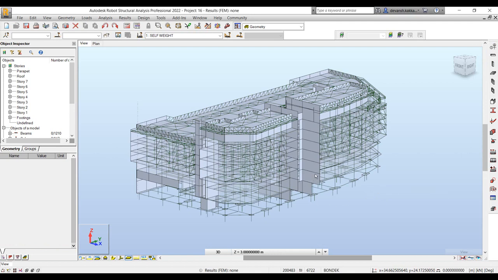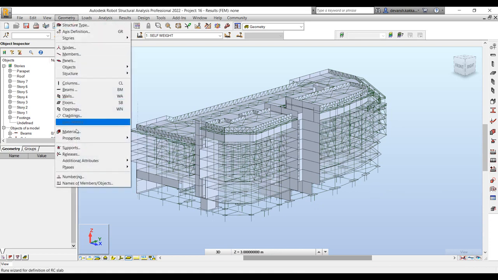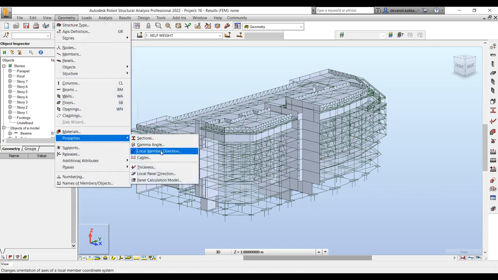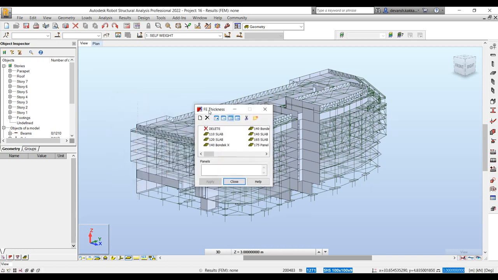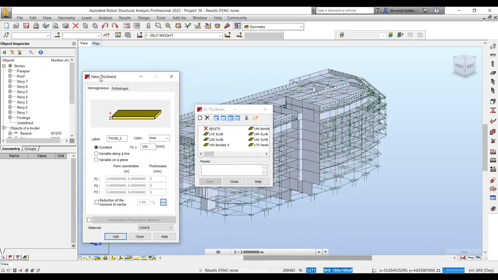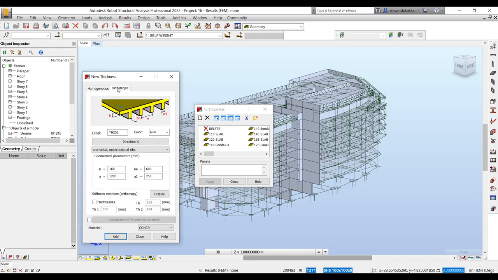One final thing that we'll discuss is, for all the planar elements that we have within a project, how do we define the property for those elements. So the property that we define for planar objects is the thickness of the plate. Whether it's the slab, the wall, or in case we are defining a mat, we can define the thickness. Now it could be a uniform thickness, or you can define uniformly varying thickness. So there are multiple options that you can define. It could be varying along a line, along an edge, or it could be varying along a plane.